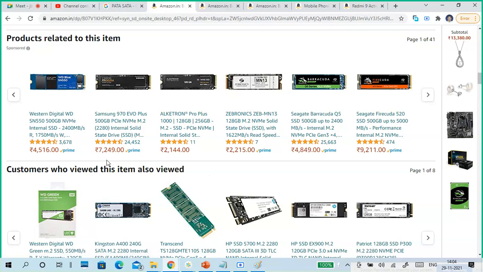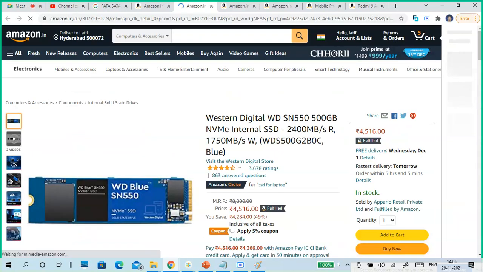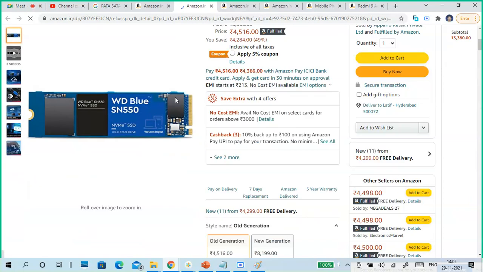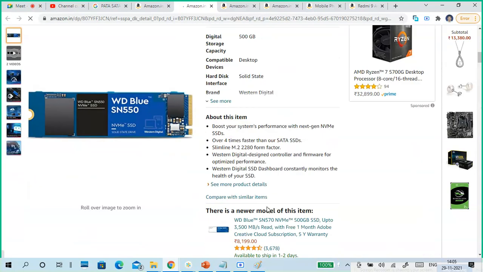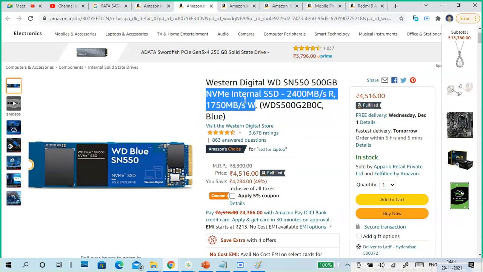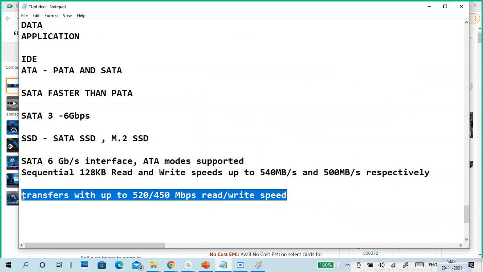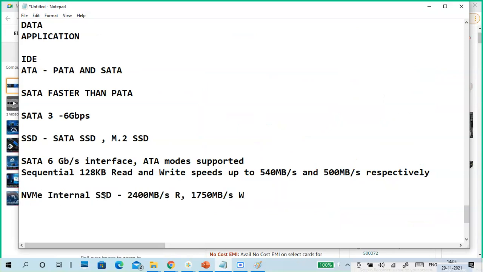Any proper company, yeah, Western Digital. Yeah, see the difference. This is NVMe type. That is M.2 only. So if you see like this, that is an M.2. So you have no need of any website. See NVMe or M.2, whatever name you put. It's a firmware. Okay, non-volatile memory. NVMe means non-volatile memory.